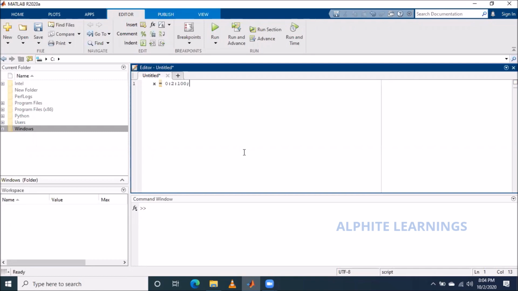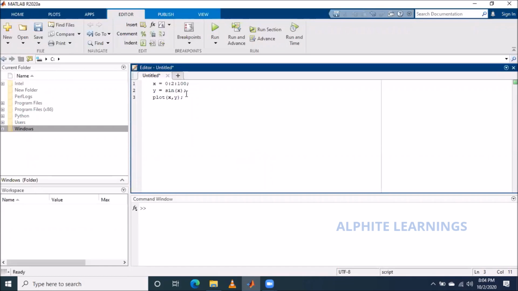Then I assign another value, y is equal to sine x. So whatever value I have in x, the corresponding value I have in y is sine x, okay? So I try to plot a graph, plot x comma y.